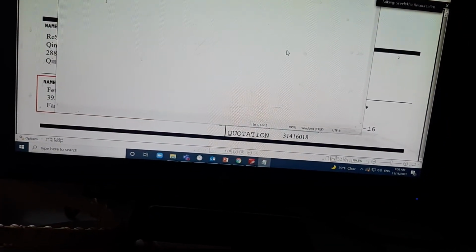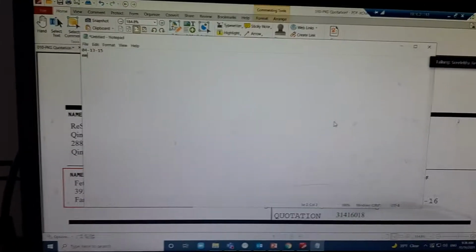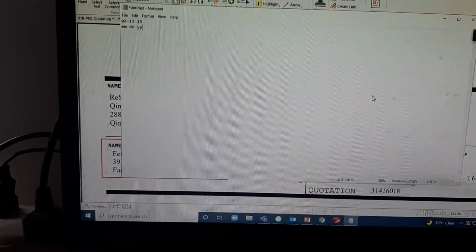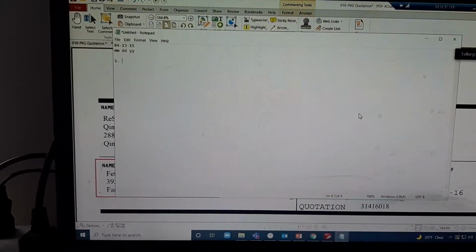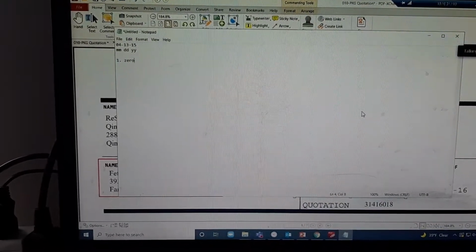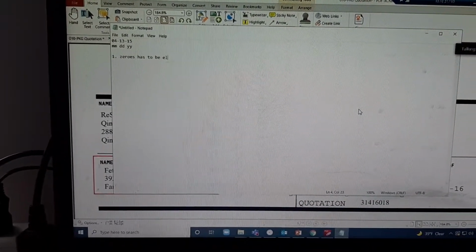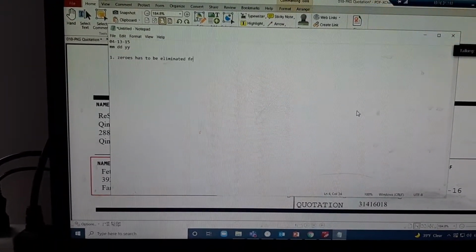The date is given as 04-13-15, and this is in the format month, date, and year. So the first rule is zeros have to be eliminated from the month and date.